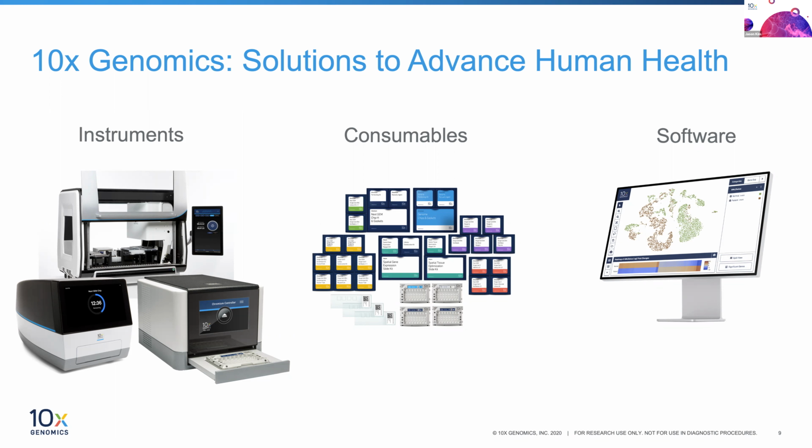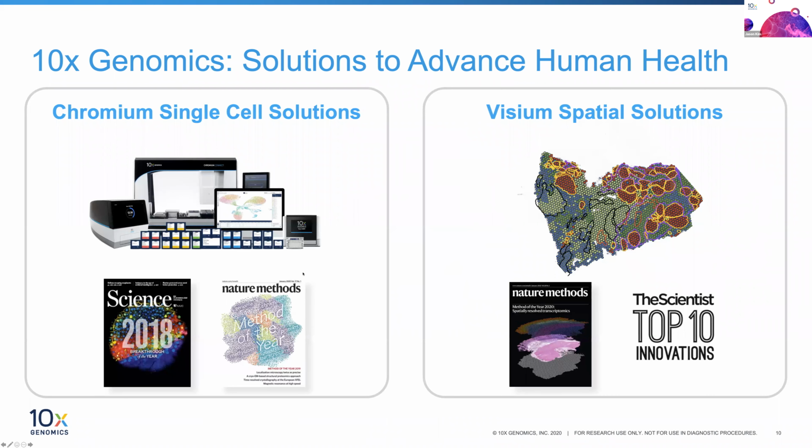And, speaking on instrumentation on the single cell side, which we're not really going to talk about in this particular forum, we recently announced the launch of the next generation of single cell analysis, the Chromium X and iX system, which will essentially make high throughput, millions of single cell runs a routine, normal part of the future. So really excited for that. But, if you think about where we've come as a company, we're now over 2,300 publications in just single cell genomics and transcriptomics. And, we are a provider,